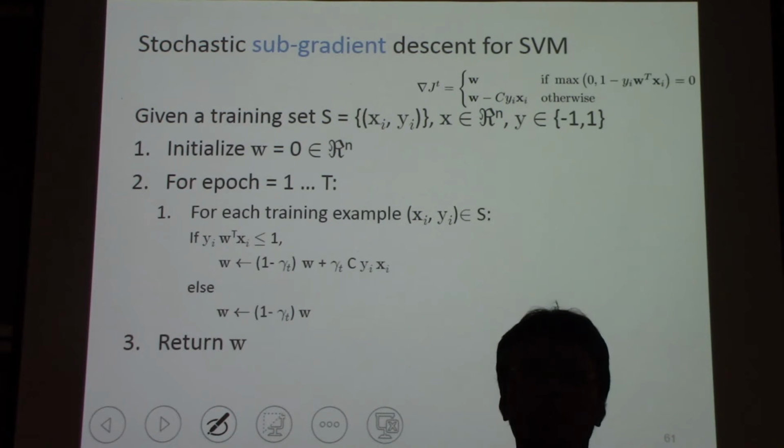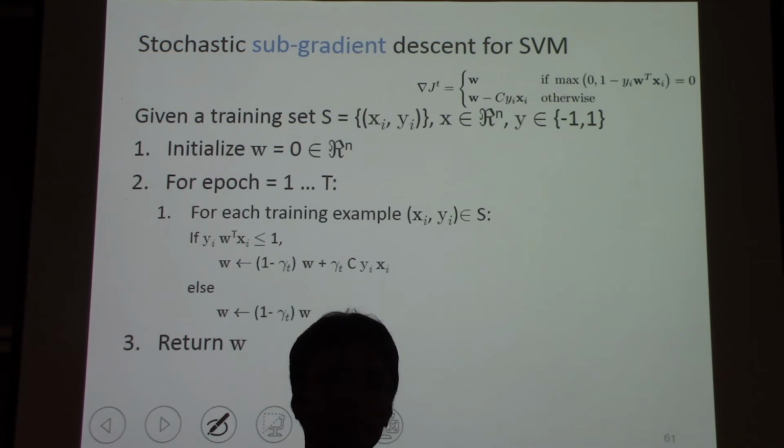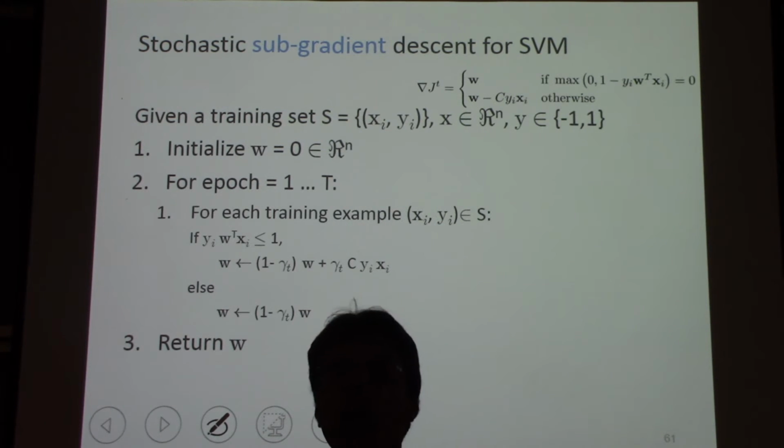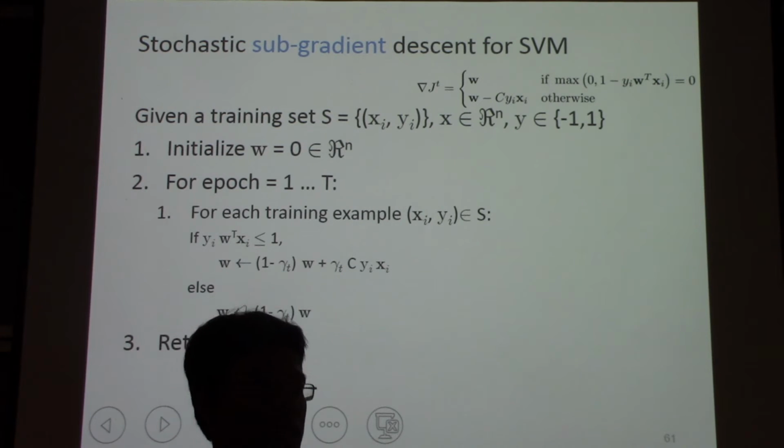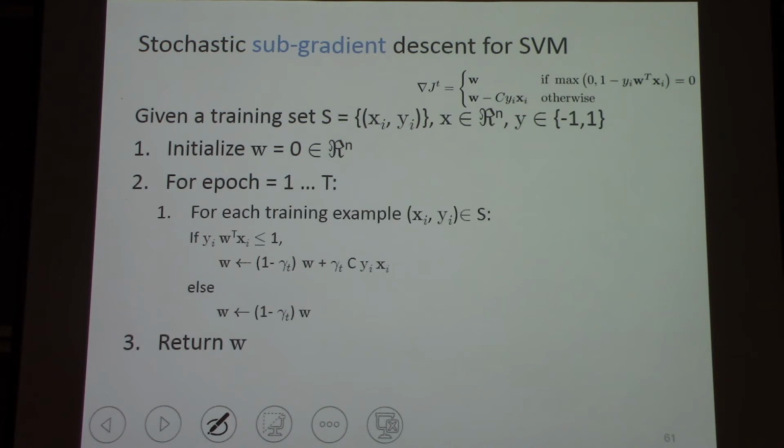Less than 1 means one of two things. It can either be less than 0, in which case your classifier currently is making a mistake, or it can be greater than 0 and less than 1, in which case the classifier is okay, but it has put this point inside a margin. So let's try to move this point outside the margin. The way we do that is this part of the gradient kicks in. The update becomes W is W minus gamma t times